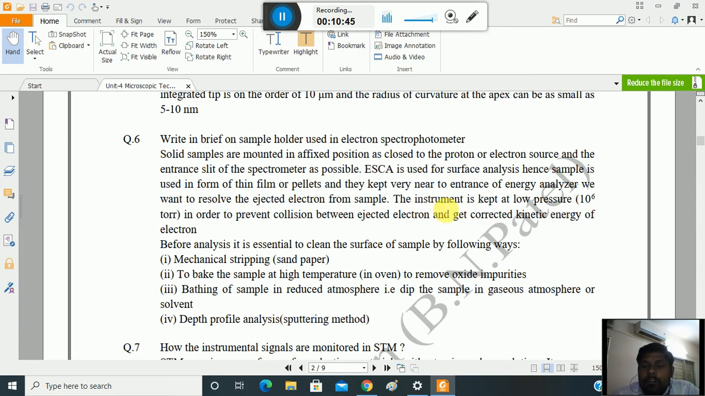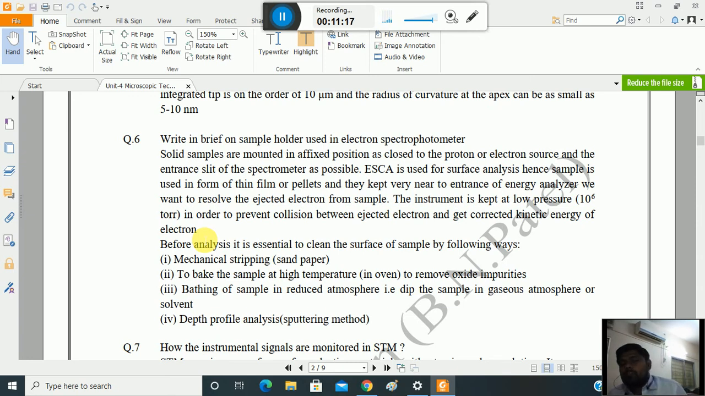The instrument is kept at very low pressure, 10^-6 torr, in order to prevent, that is important MCQ, in order to prevent the collision between ejected electrons and get corrected kinetic energy of the electron. When I discuss with you in the long question portion, ESCA, the measuring parameter here is the kinetic energy of the ejected electrons. In electron spectroscopy technique, unit number 3, the instrument measures the kinetic energy of